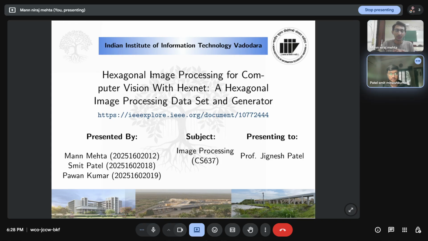So we have been working on a research paper which is based on hexagonal image processing, in which there is an amazing framework known as Hexnet, which is used for hexagonal image dataset generation. So as we have seen so far,